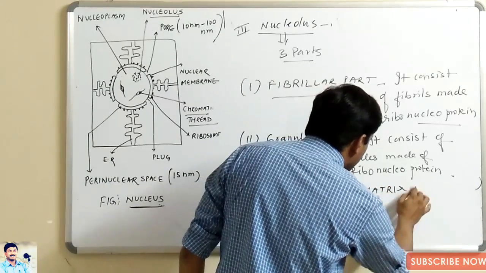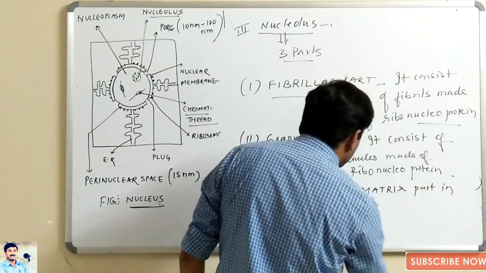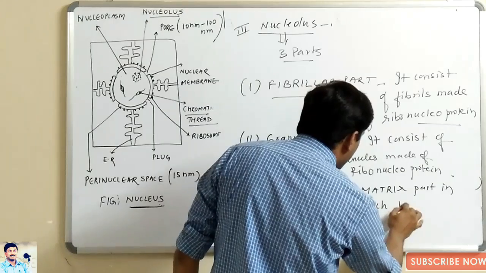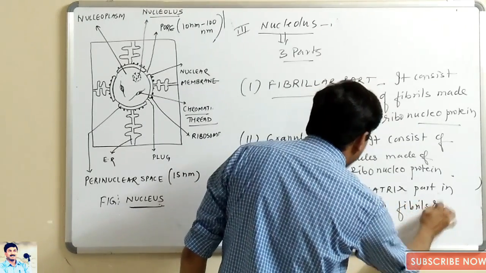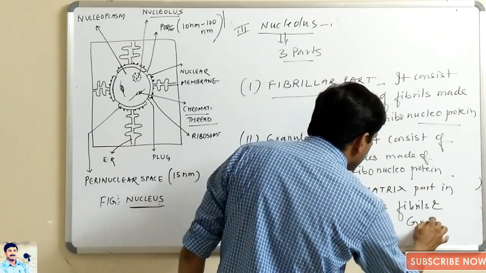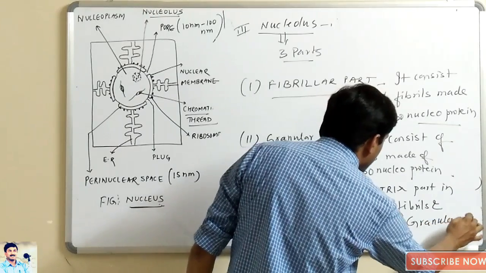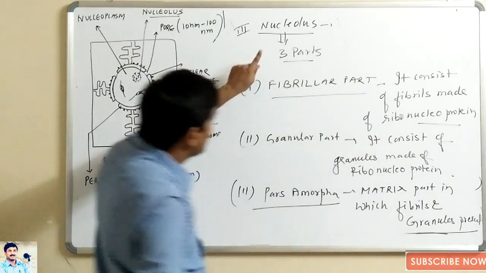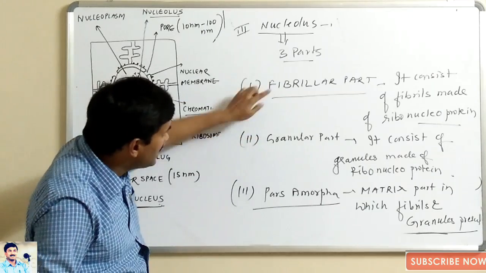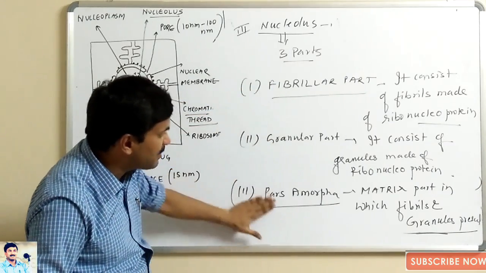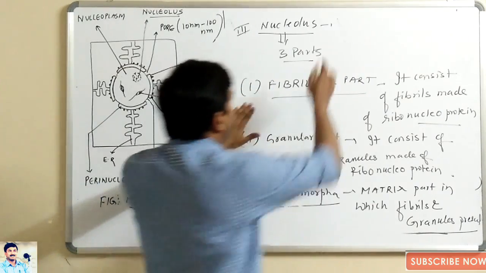This is the matrix part in which fibrils and granules are present. Okay, what I have said, these fibrils and the granules both are present in the pars amorpha,